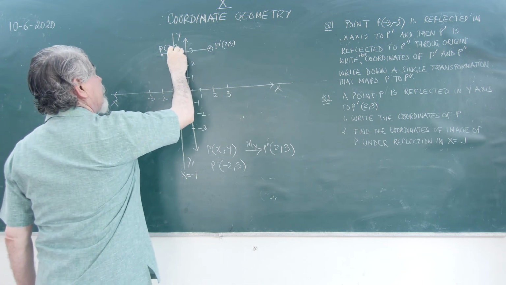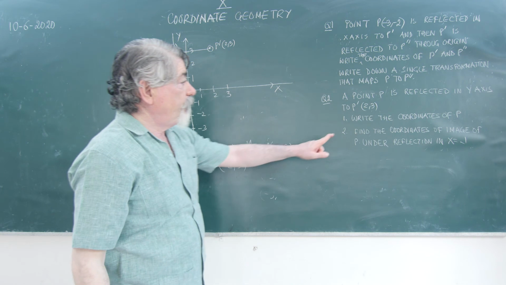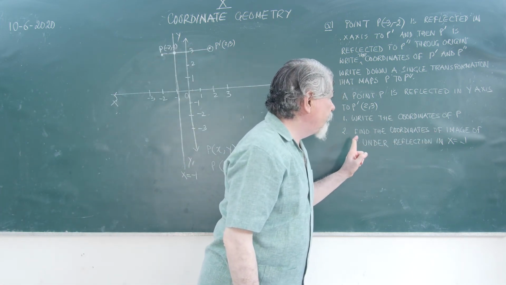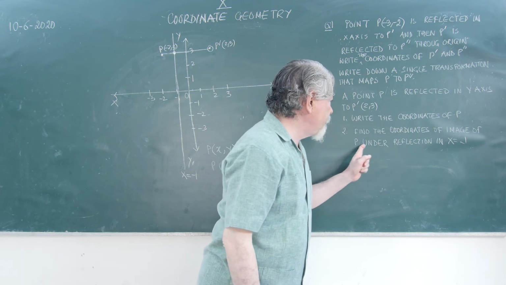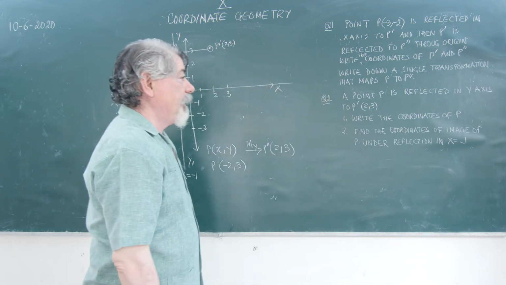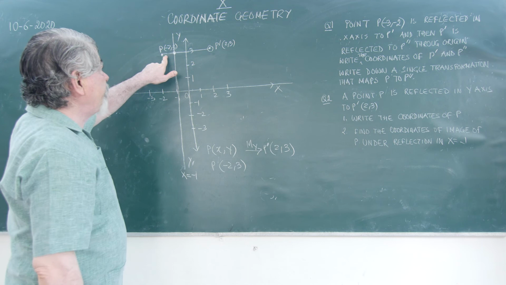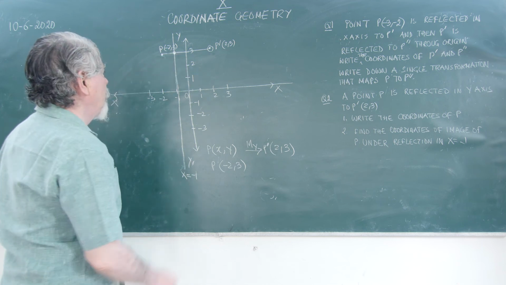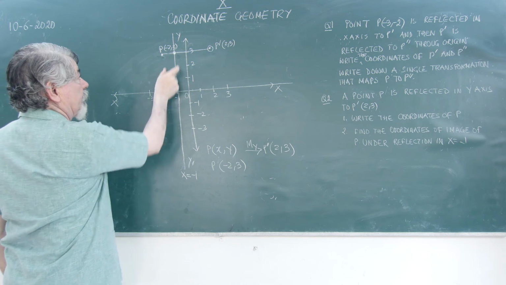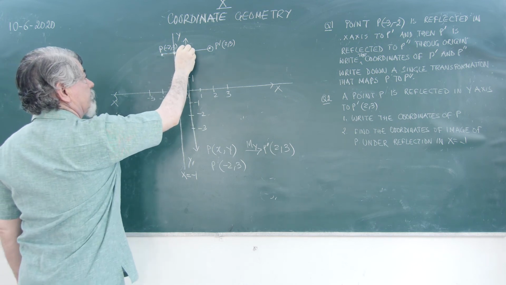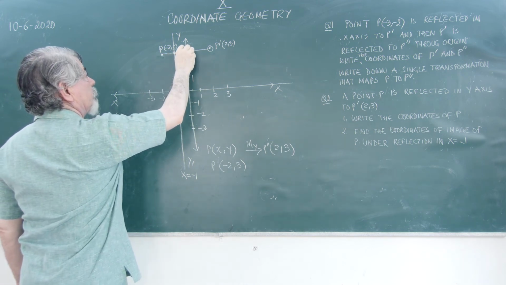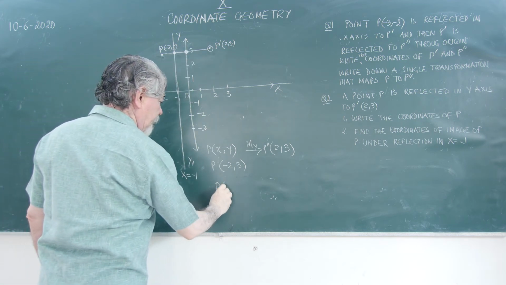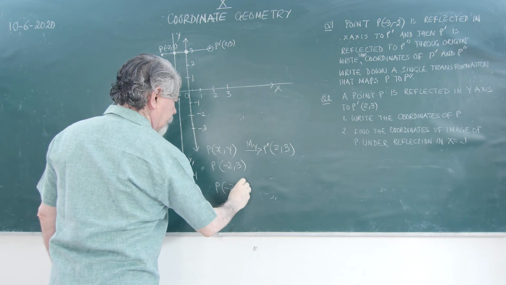I have to find the coordinates of the image of P under reflection in x equals minus 1. If I reflect this point P in x equals minus 1, what is the distance here? 1. It will come to this side, it will come to here, P dash or P reflected